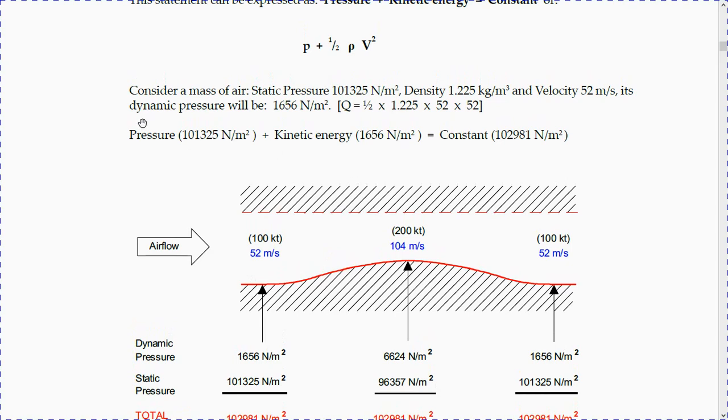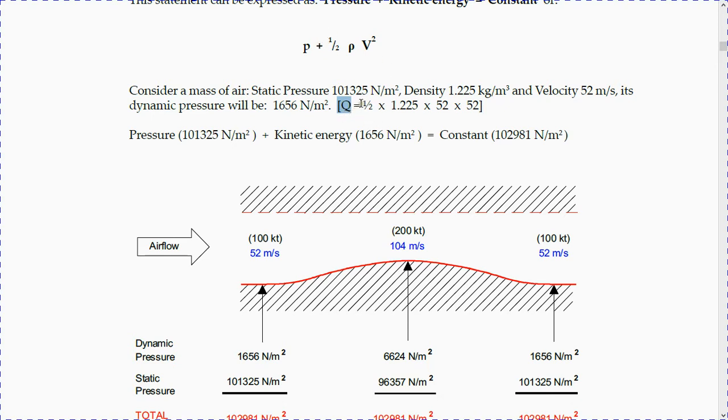So let's consider a mass of air. Static pressure 101,325 newtons per square meter, a density of 1.225 kilograms per cubic meter, and a velocity of 52 meters per second. Its dynamic pressure, this one, will be 1,656 newtons per square meter. Applying this equation, dynamic pressure